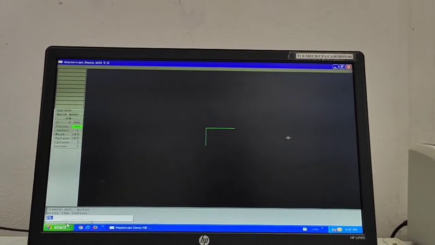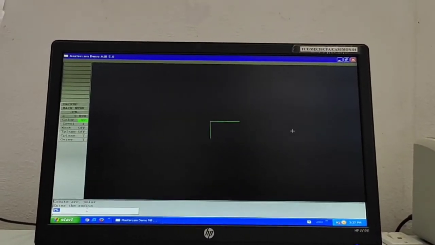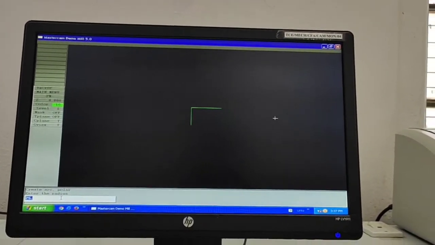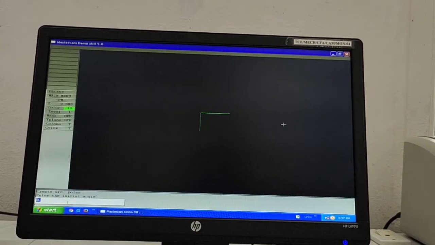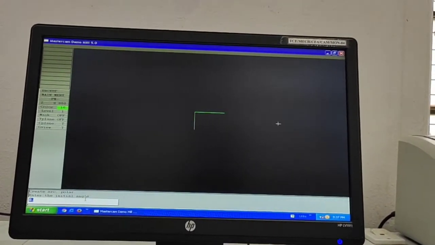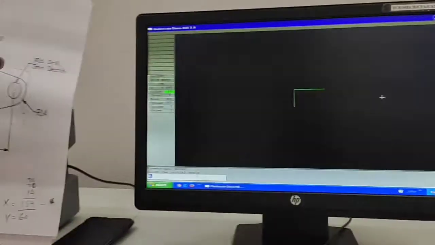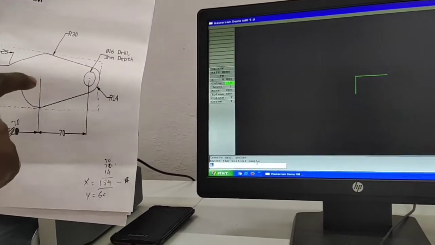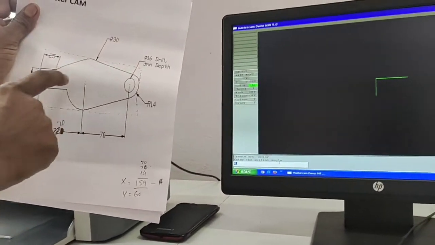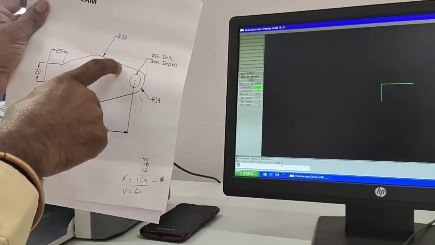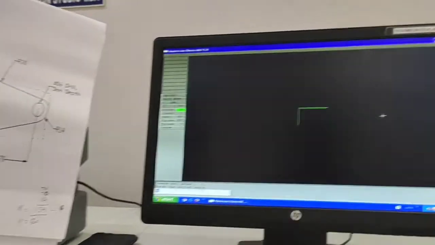So it will be asking, enter the radius. What is the radius? The radius is defined as R30. Just enter 30, enter. Then it will be asking, enter the initial angle. So here there is no full round, full circle. The circle will be terminated from here to there. So now I am entering from 0. Just enter 60.